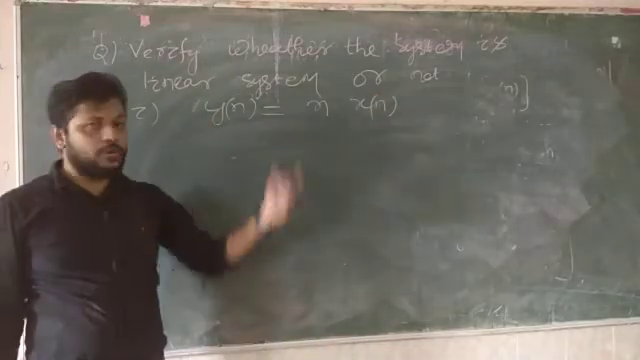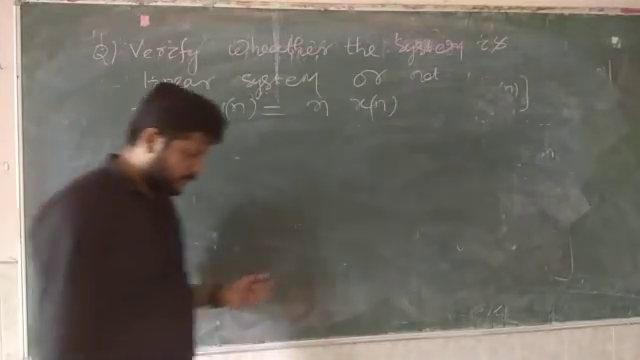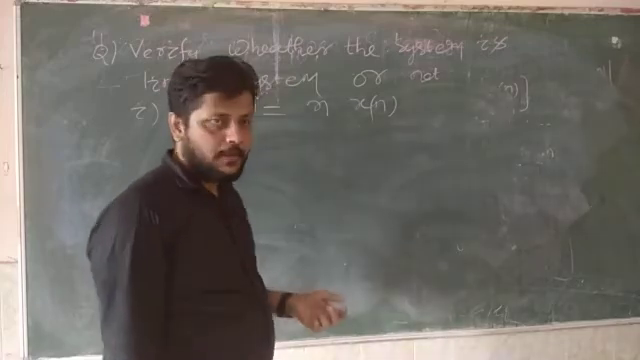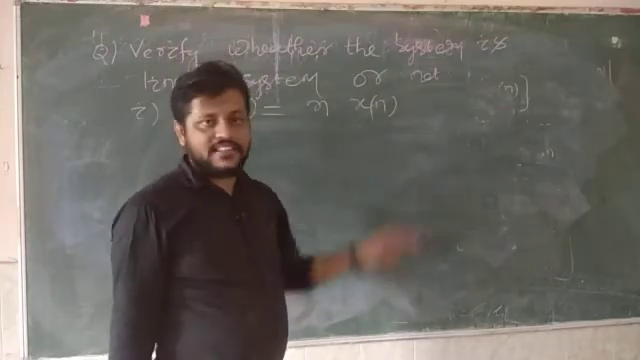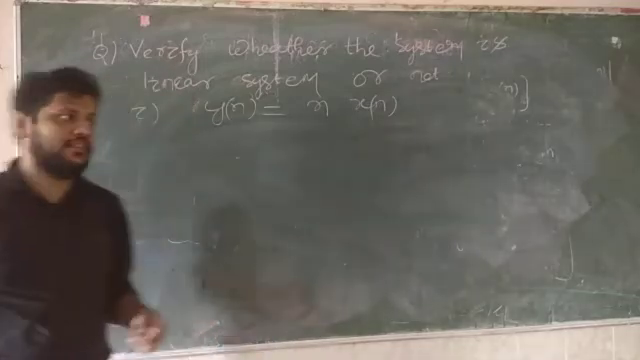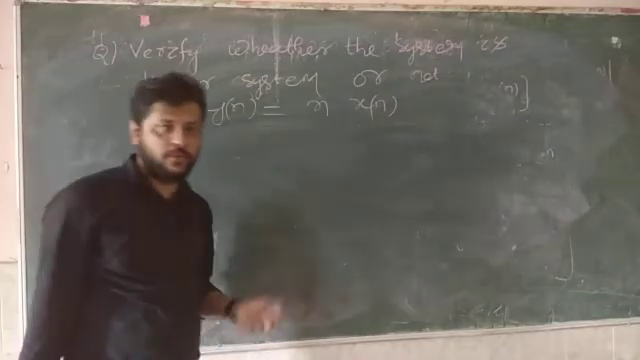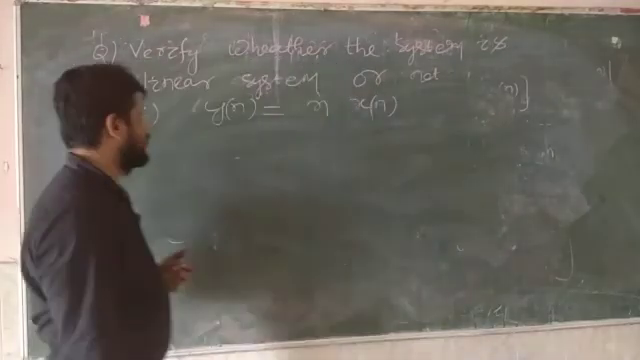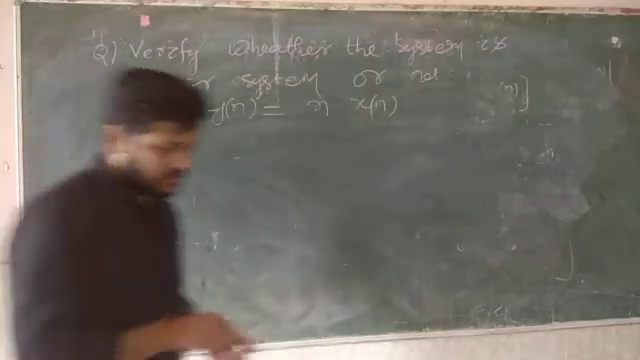So yn is equal to n xn. You always know yn is your response and xn is the input. So when you apply xn as an input to the system, you get the response as n xn. Now you want to verify whether this system is a linear system or a non-linear system. And how to verify? First of all, we have to apply